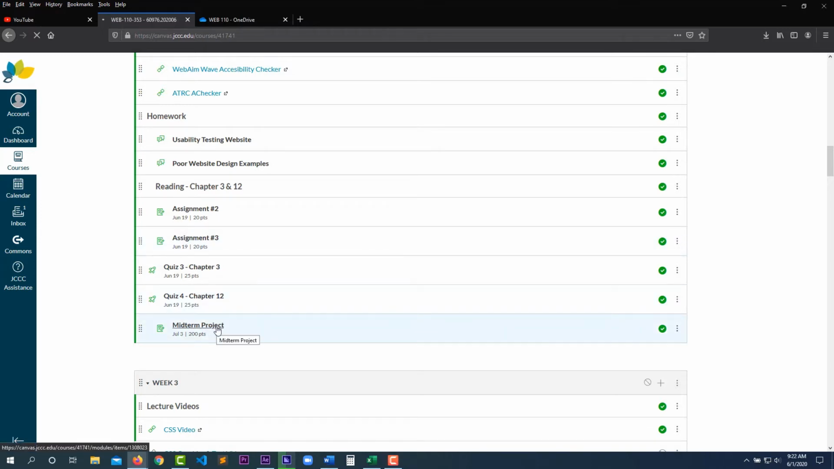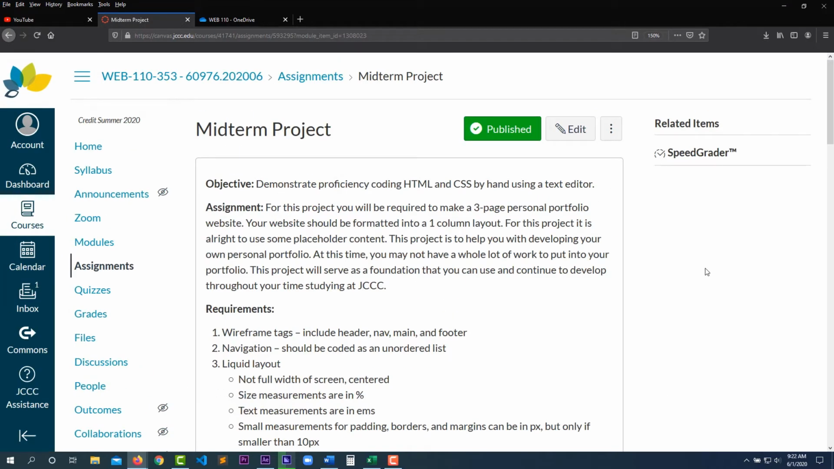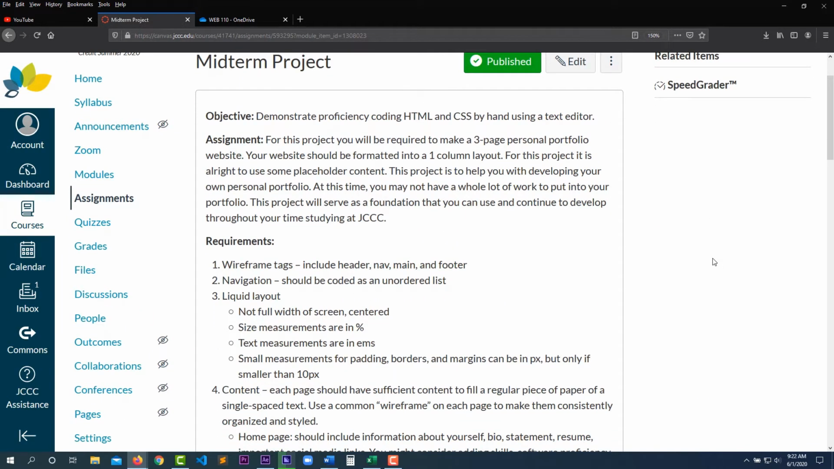To start off, we're going to read through the description. Midterm project objective: demonstrate proficiency coding HTML and CSS by hand using a text editor. Assignment: for this project you will be required to make a 3-page personal portfolio website. Your website should be formatted into a 1-column layout. For this project it is alright to use some placeholder content. This project is to help you with developing your own personal portfolio. At this time you may not have a whole lot of work to put into your portfolio. This project will serve as a foundation that you can use and continue to develop throughout your time studying at